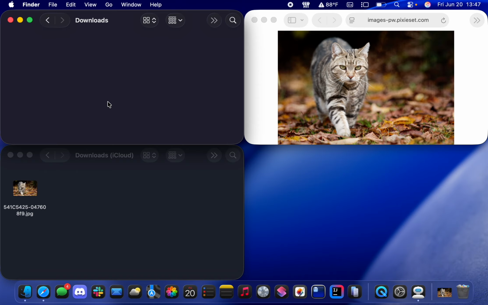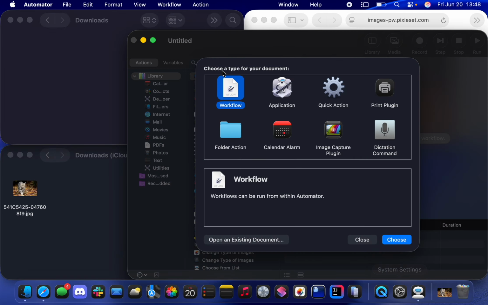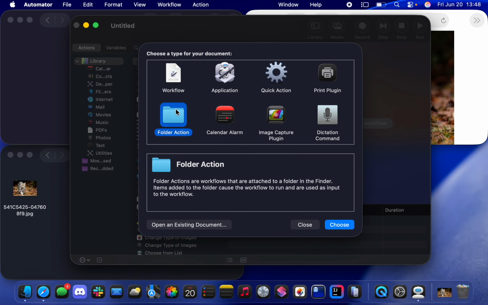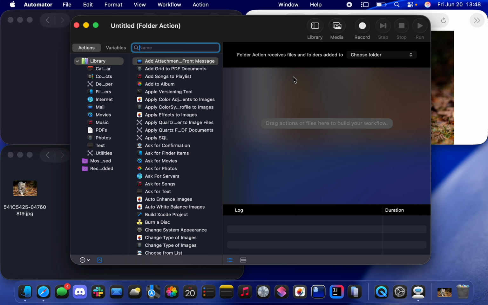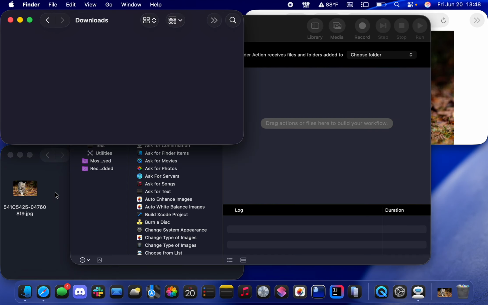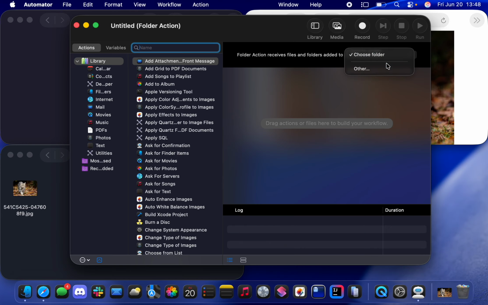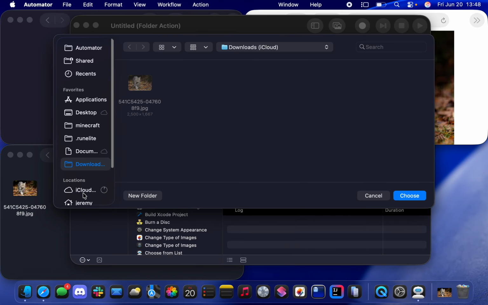So the way to solve this is with Automator. Open up Automator, create a new folder action document, and select this folder action receives files and folders added to. Basically what we want to do is have Automator move any files that get placed here to here. So we want to get files added to the local downloads,